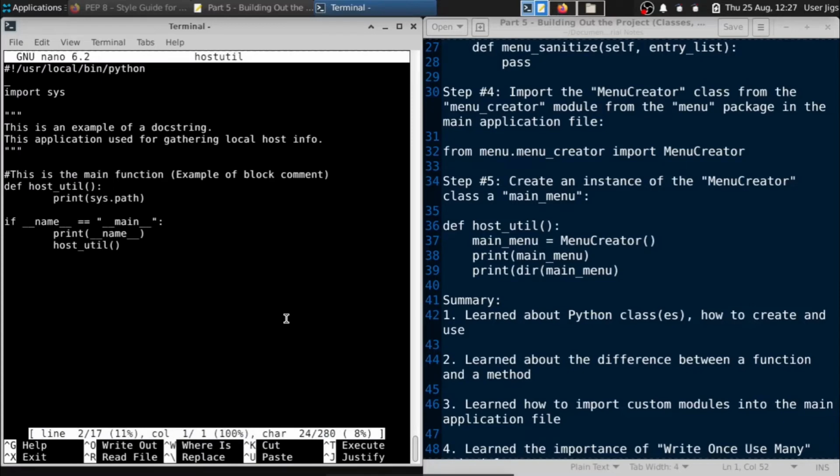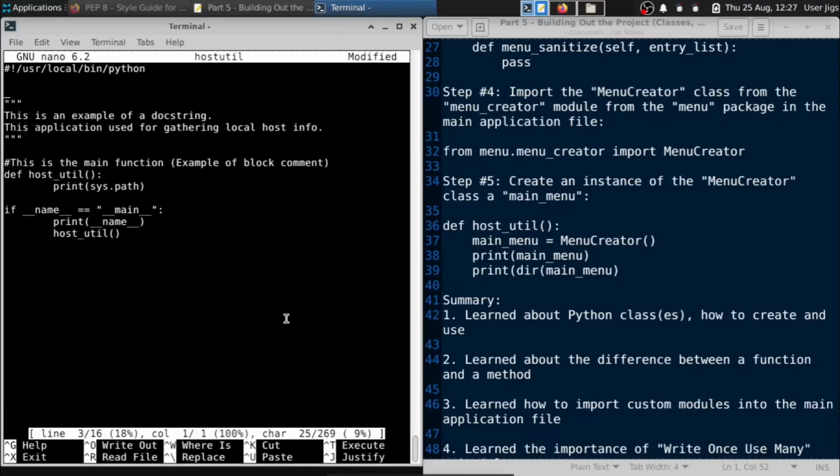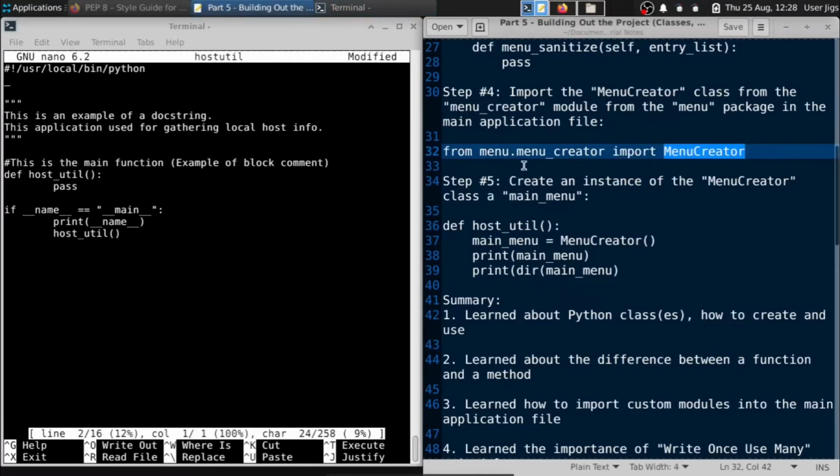To import that, I'm just gonna delete this in nano. To delete a whole line of code, you hit Control K on the keyboard. Right here, I'm just gonna Control K that, put pass there for now, and then I'm gonna import that newly created module. I'm gonna import the menu creator